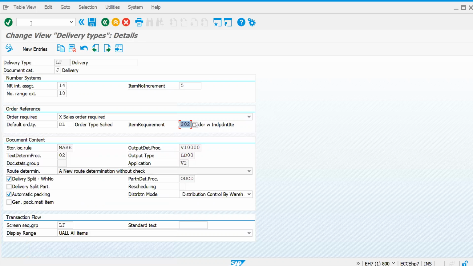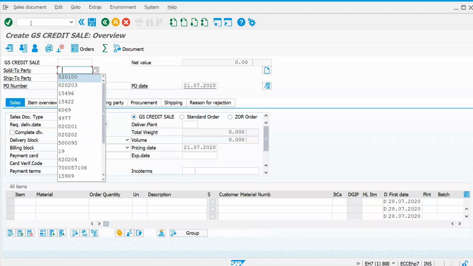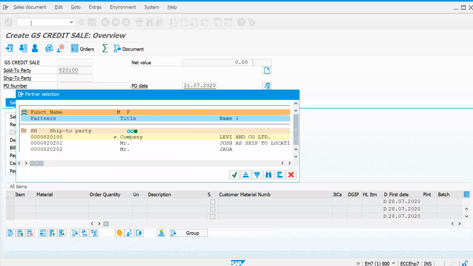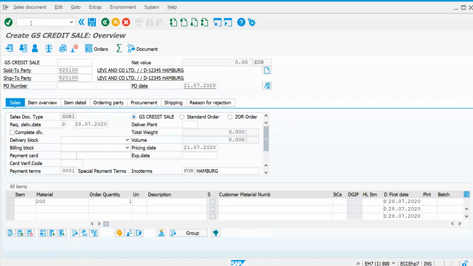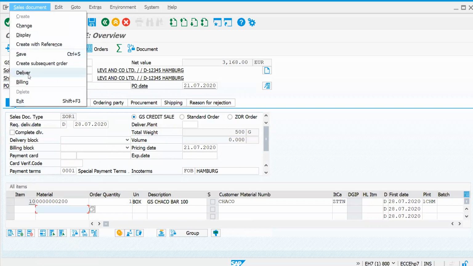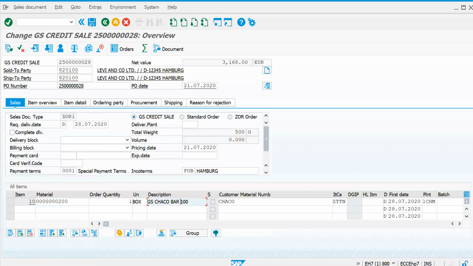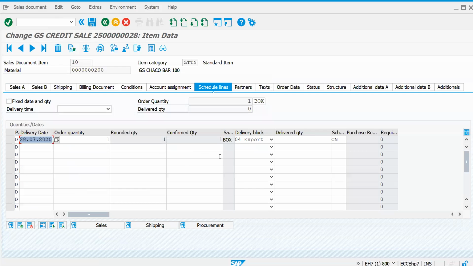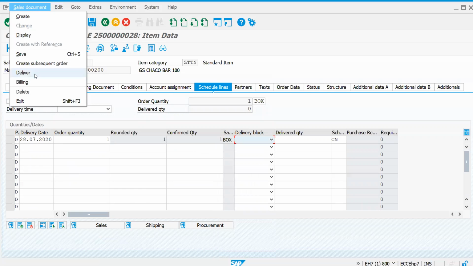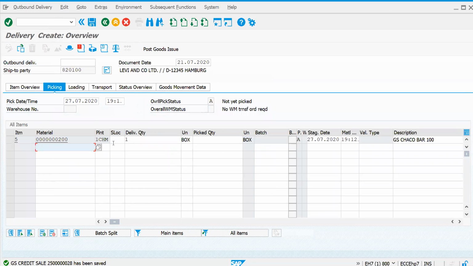Okay, let's try to create a sales order now. One more time, I will show you practically instead of showing this theoretically. So let's try to create a delivery. Let's remove the schedule line block and try to deliver this. Now let's check your storage location and pick the quantity.